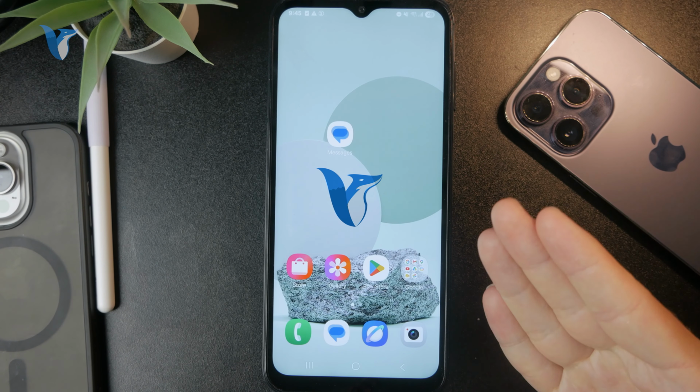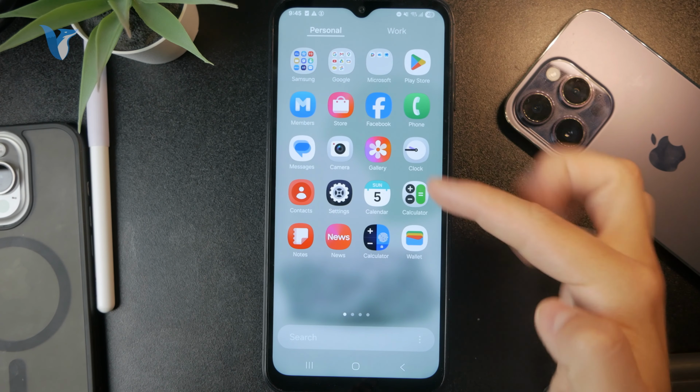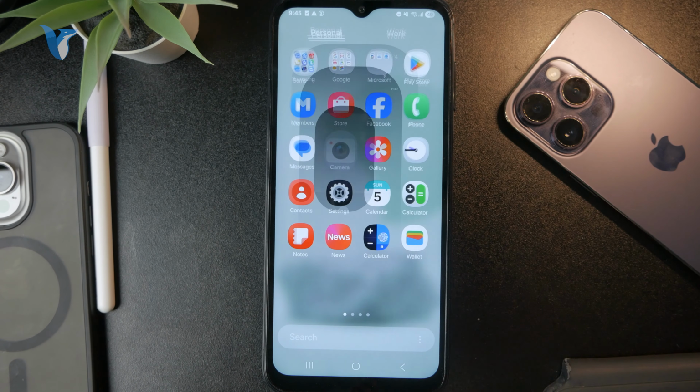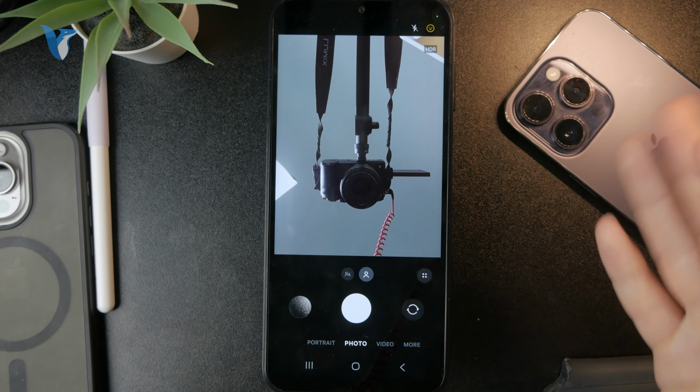Here is how you can reset camera settings on your Android phone. So we don't go to the settings app, but we go right away to the camera app on our device like this. So we open up camera, and in here you have so many toggles and controls to change stuff